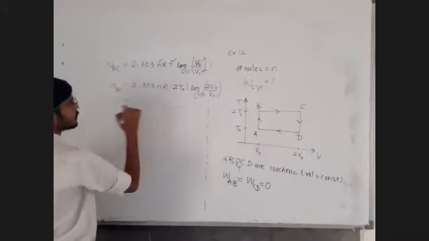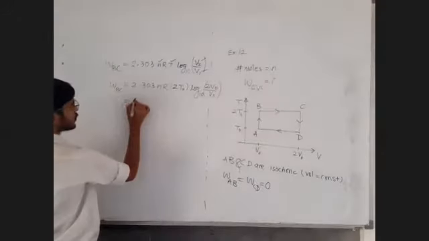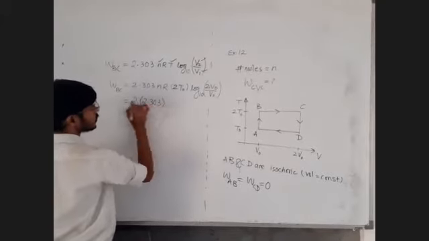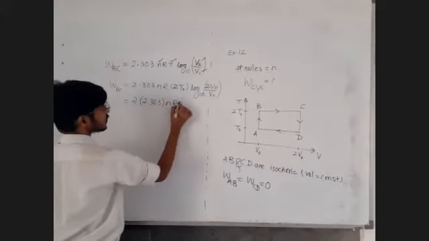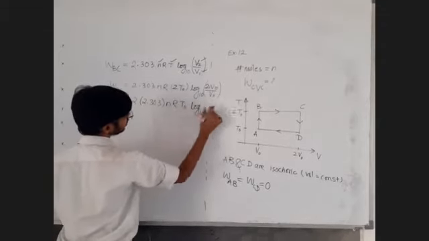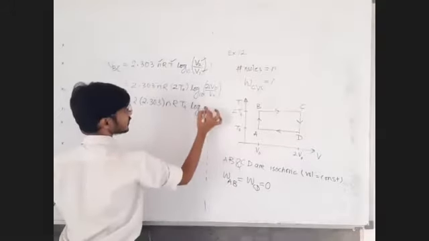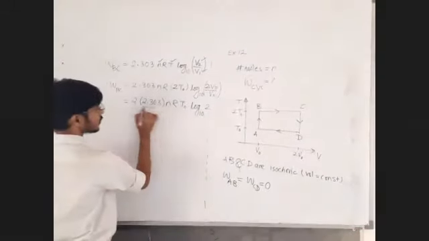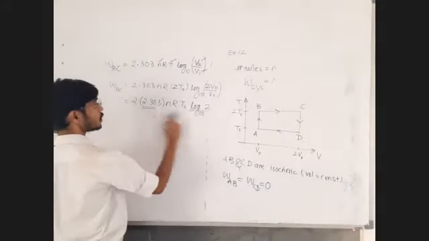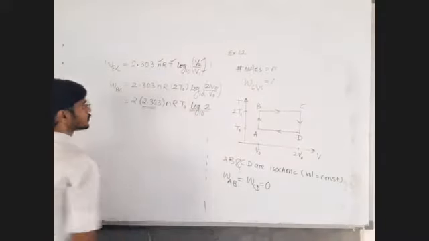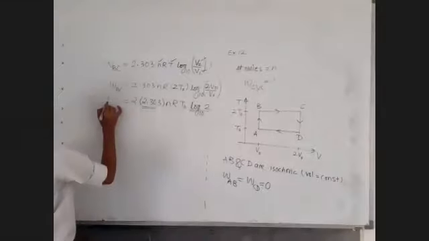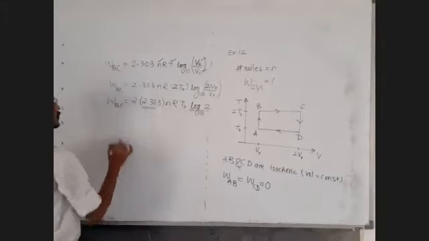Fine. So that will give me 2 times 2.303. I will not do this multiplication, I will keep it as it is. nRT0 log to the base 10, V0 cancels, it will be 2. You may write this 2.303 into log to the base 10 as ln2. So 2 times nRT0 into ln2, that is also okay, no problem. This is the work done in the process B to C.